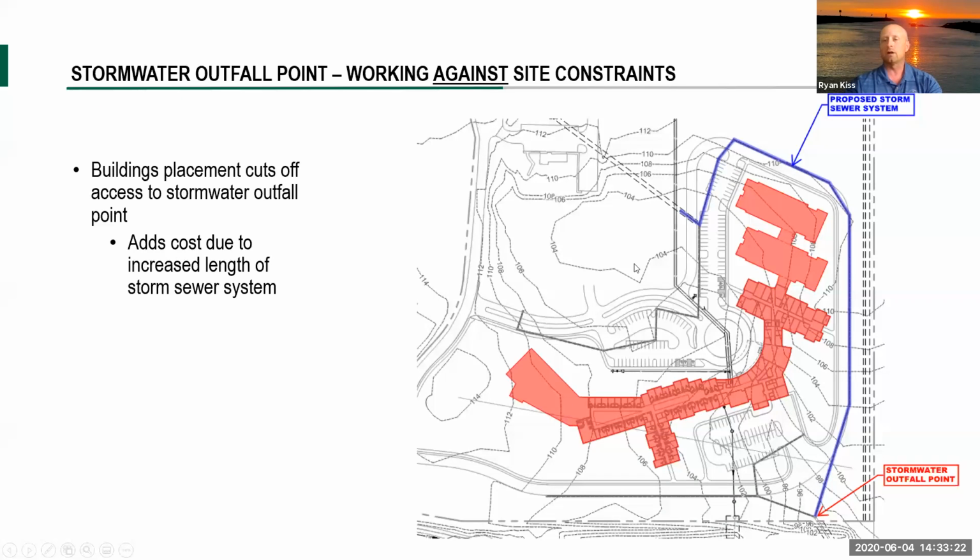So even though this layout can work, this layout is going to generate a higher construction cost than one that maybe left this area open or available by placing parking lot or other things here where we could pipe that water directly underneath that parking lot, get it through this point, straight line, straight shot. The construction cost in doing that would be much less. So just something that we want to think about, something that we want to consider,